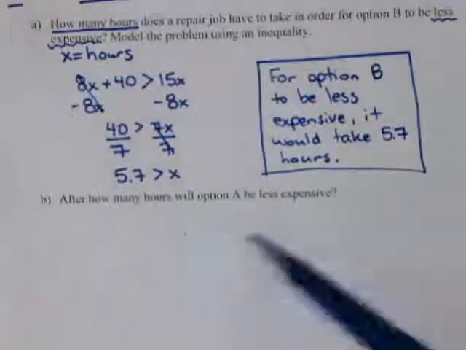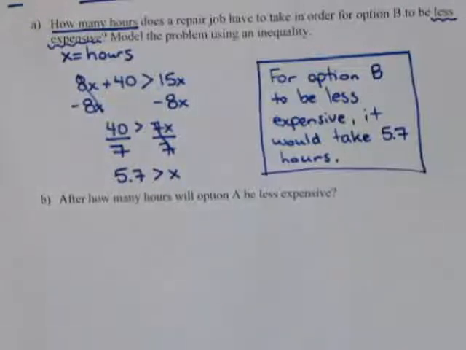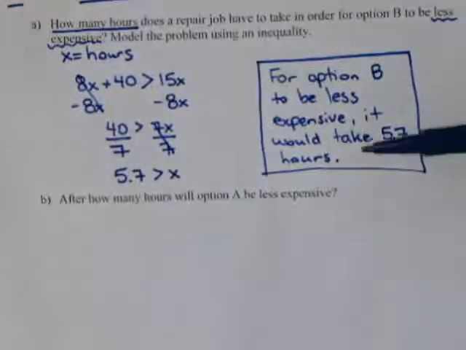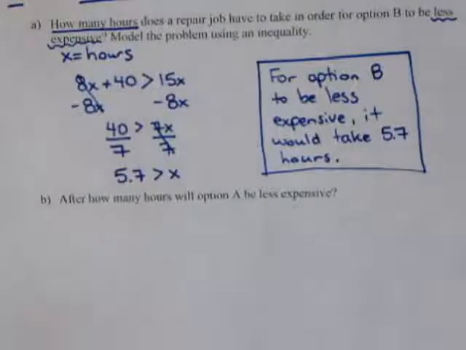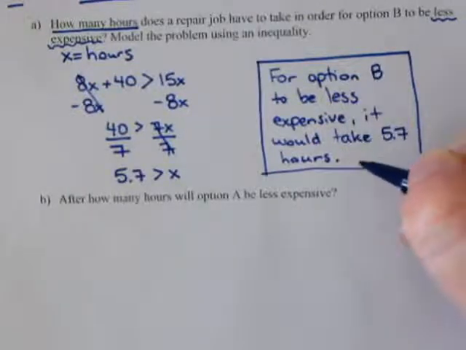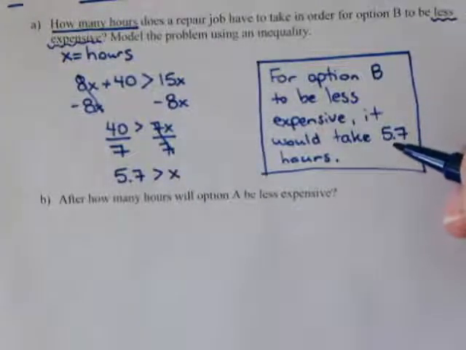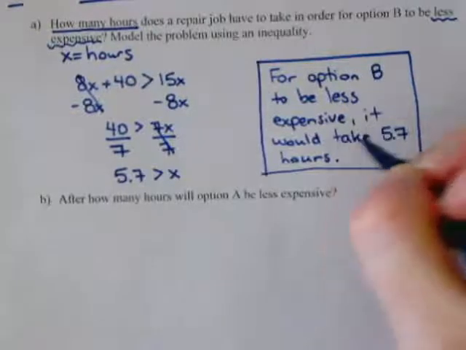Now, the next question here, how many hours will option A be less expensive? Well, it's very simple. If after, go back. Look, option B for option B to be less expensive, it would take 5.7 hours. That's wrong. That's very, very wrong. I have to put words like a minimum of, a maximum of, less than, more than, things like that. Miss W, what are you doing? So look here, it would take